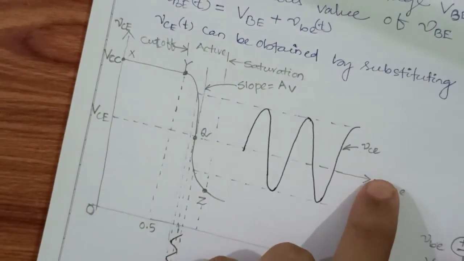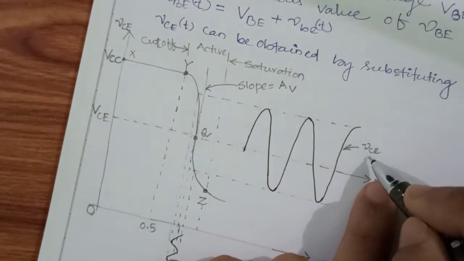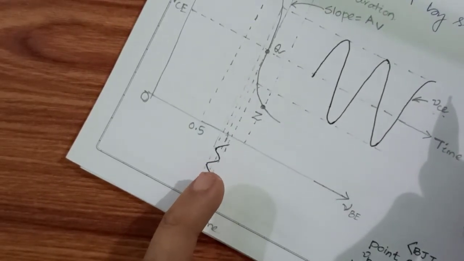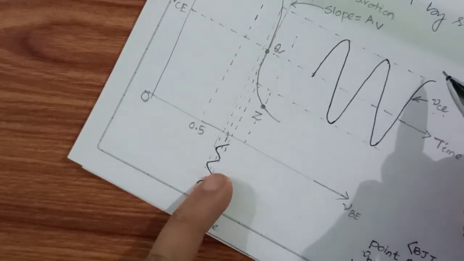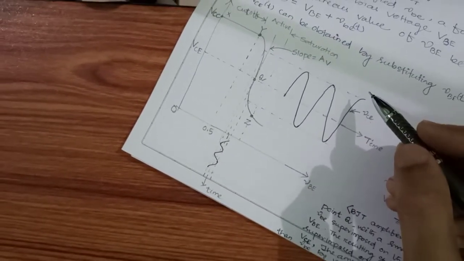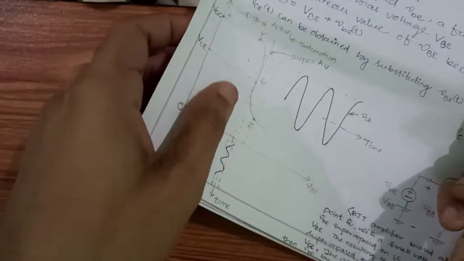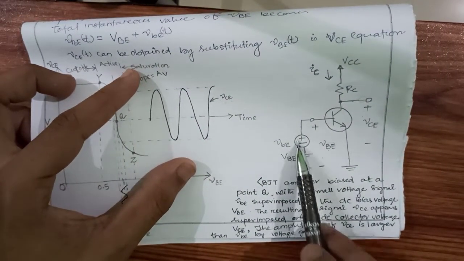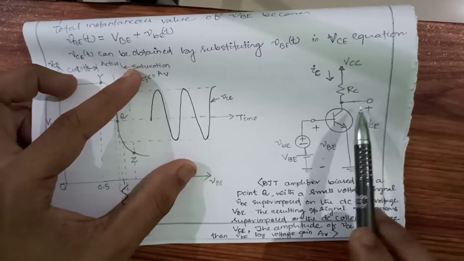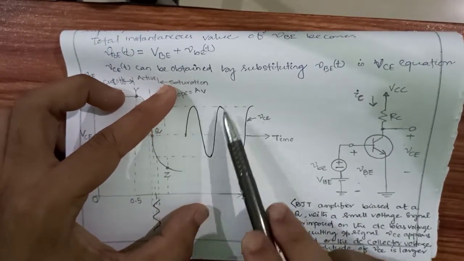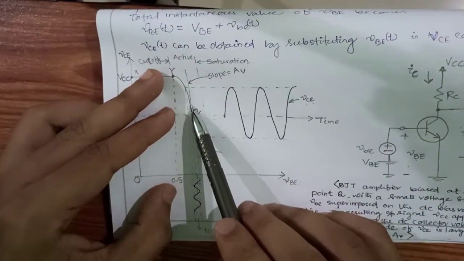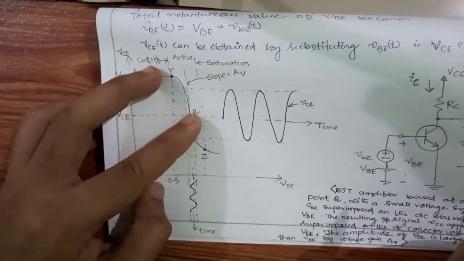What does this small v, small c, small e indicate? That it is the AC output. This is small v, small b, small e, meaning AC input, and this is the AC output. So here both AC and DC values are applied, this is the instantaneous value, and we are getting the output. You see our output is an amplified version. It means our BJT can act as an amplifier in this non-linear circuit if we do proper biasing.